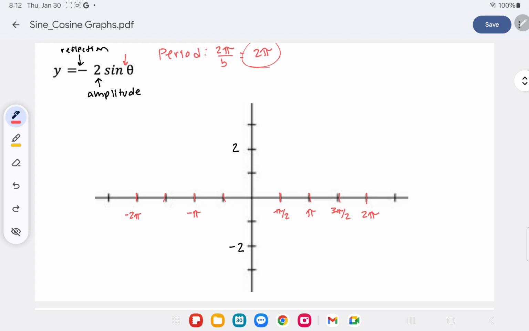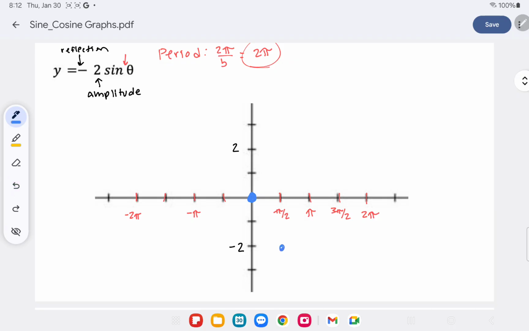Sine functions start at (0, 0), unless there's a phase shift, but we're not doing any phase shifts today. So it starts at (0, 0). And like I said before, typically sine graphs go up first. So typically we'd be going up to 2, but because there was a reflection, that means we're going to go